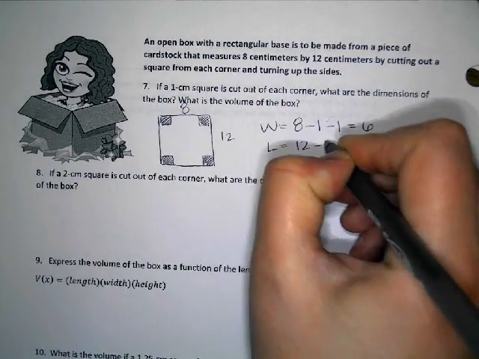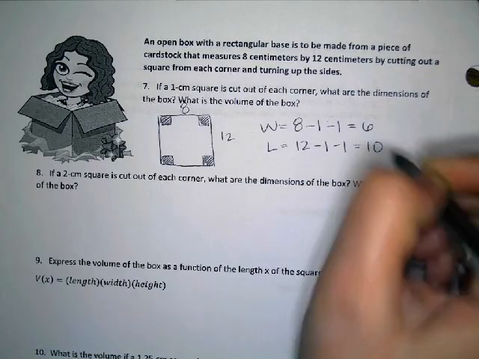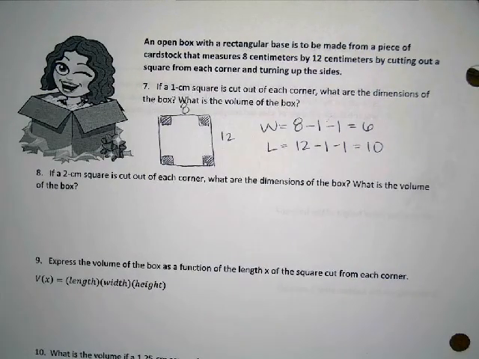We subtracted 1 from the right side. We subtracted 1 from the left side, and we have a new length of 10. Okay? Now this is the part that gets a little bit weird. So here's my corner, right? I have a 1 by 1 square. I fold up my little